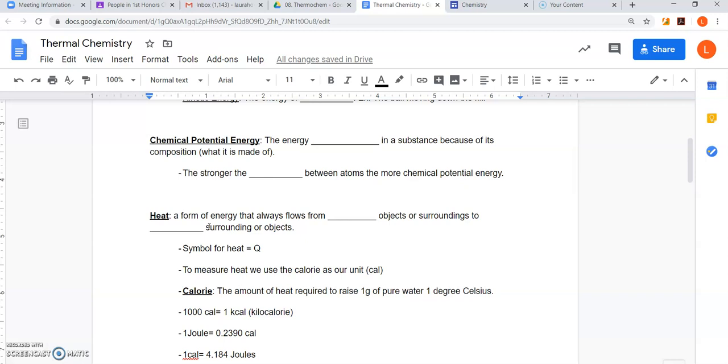We talked about triple bonds being stronger than single bonds, so you have to break or pull apart 6 electrons on a triple bond versus a single bond, where you only have to pull apart 2. So the chemical energy in that is much higher. If you get flex fuel, for example, if your car runs on flex fuel versus regular unleaded gas,